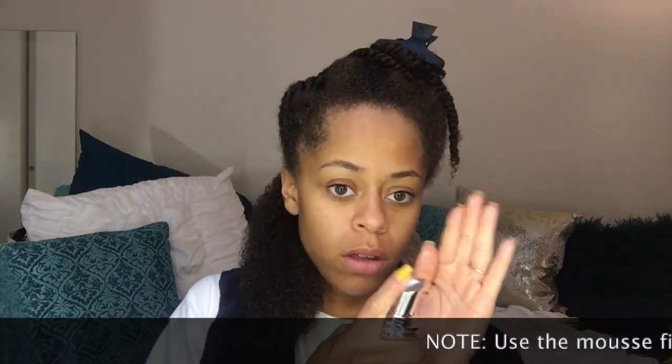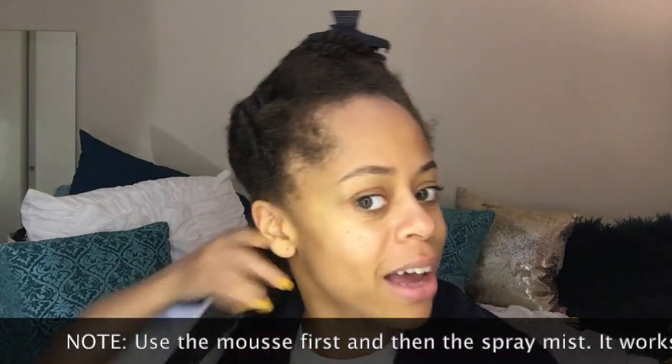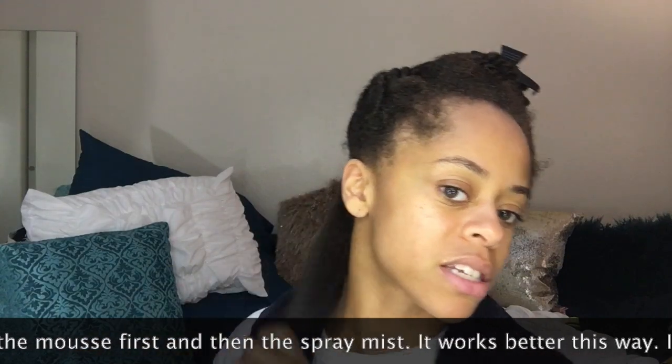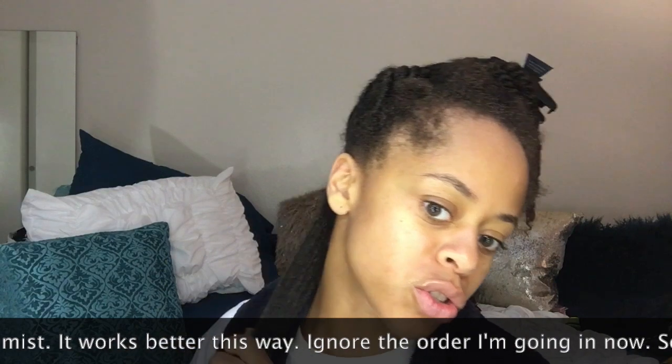Okay, so I'm going to use basically 2 sprays for my back section on my hand because I don't want it to be extra oily. I'm just going to rake that product through my hair, and I'm going to use 1 spray of the mousse, because this section is not a very thick section, so I don't want it to be too much product